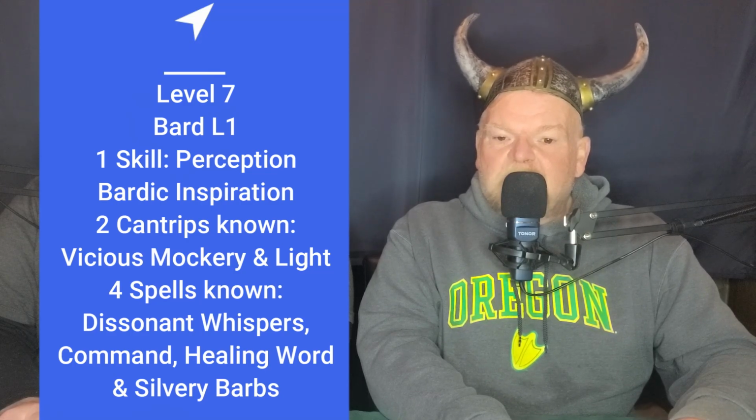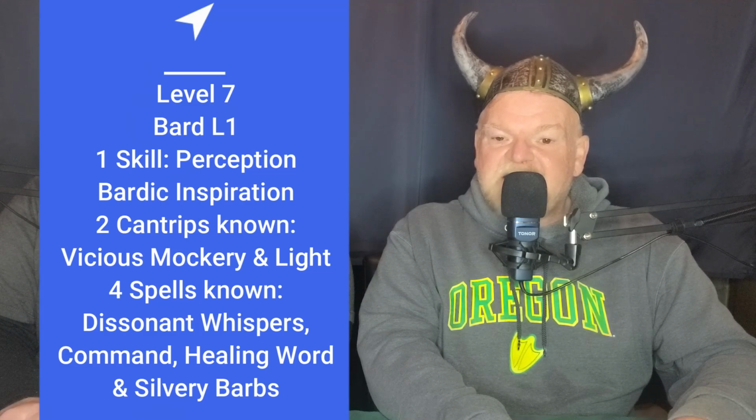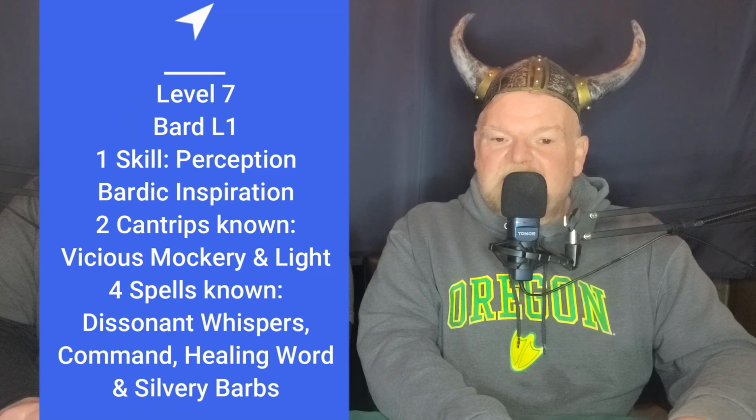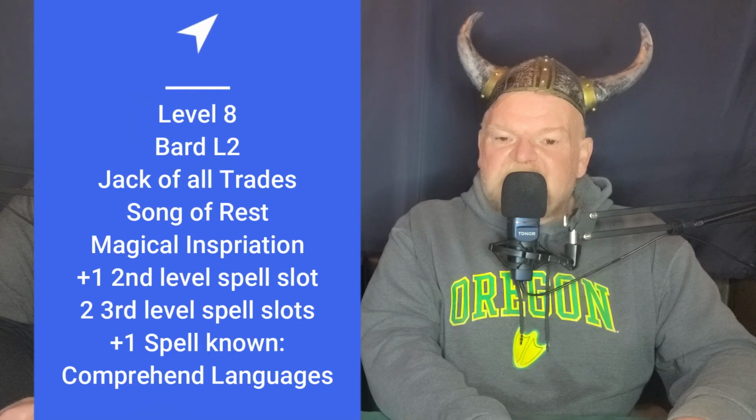We also take Healing Word, which is verbal only as well, and a great way to keep allies in the fight without sacrificing an attack. Lastly, he takes Silvery Barbs, which is also verbal only, and a powerful defensive reaction that can protect his allies or himself. At 8th level, he becomes a 2nd level bard, gaining Jack of all Trades, which lets him add